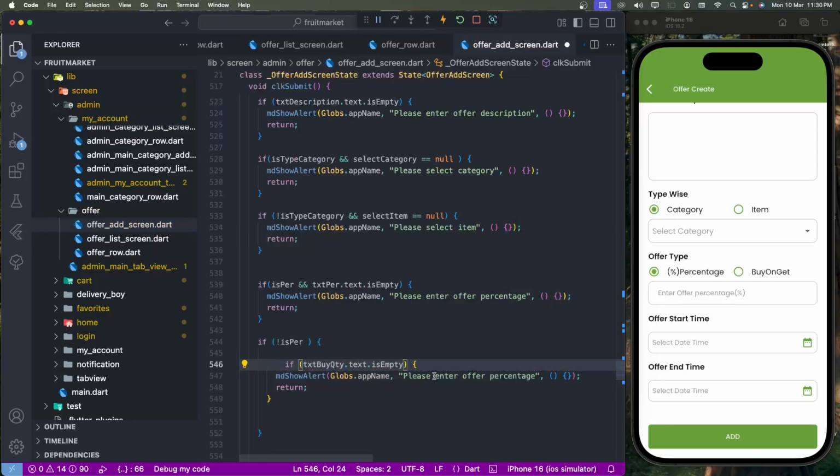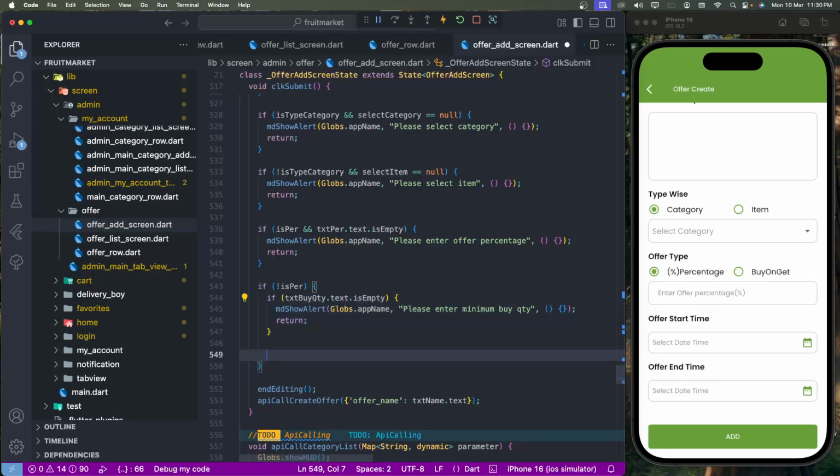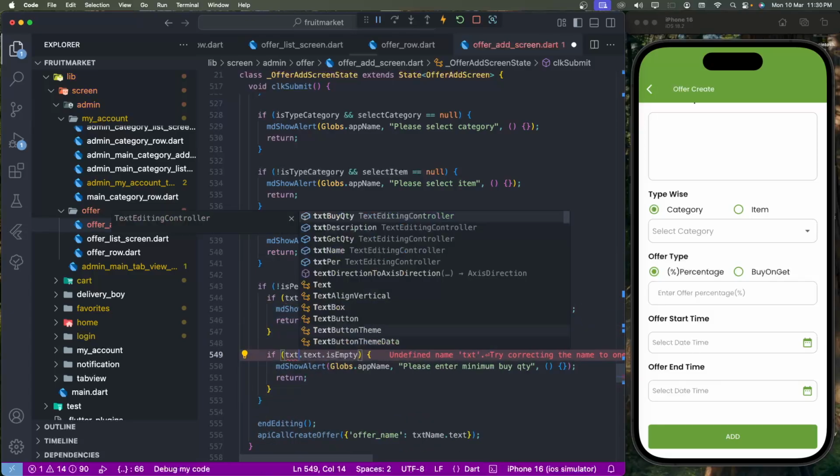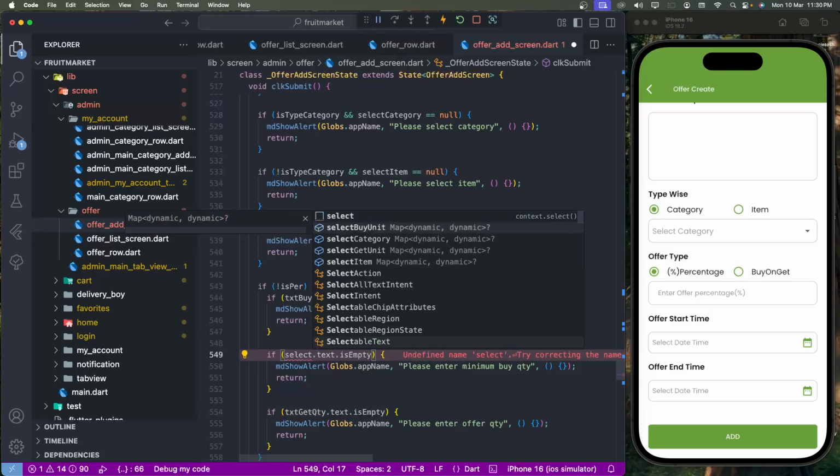by quantity. Please enter here the by qty. Please enter minimum buy quantity. Minimum buy quantity, like here. And we need to write down the txt get quantity. Please enter offer quantity, and then after here unit, select buy unit